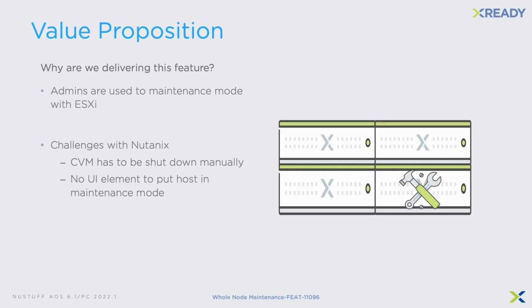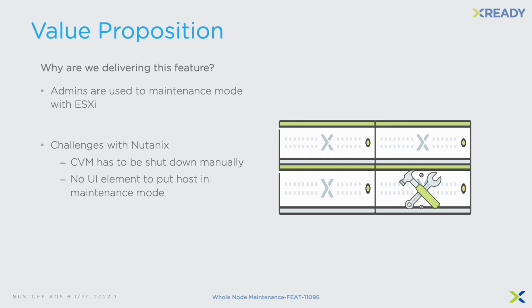With HCI systems, where storage is inherent as part of the node, it becomes a little challenging to put the host into maintenance mode, where now vSAN provides a bunch of different options to put the host into maintenance mode without kicking off data recreation or moving data around. In Nutanix, we had to shut the CVM down to put that particular host into maintenance mode from vCenter, which was a pain. And the other thing I said was the CVM has to be shut down manually